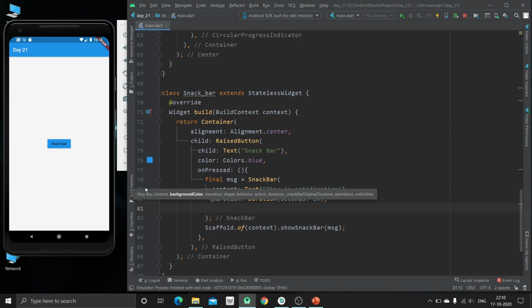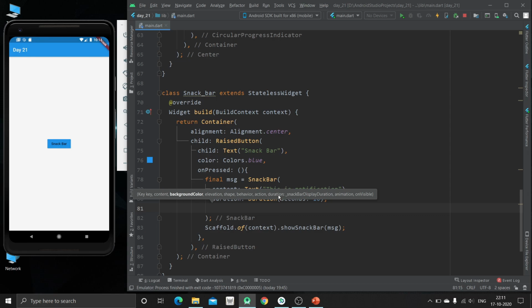So you can see these are the properties that are provided by this snack bar widget, that is key, content, background color, elevation, shape. We can also give the shape to our snack bar. We can specify the behavior. We can specify the actions that are to be performed.